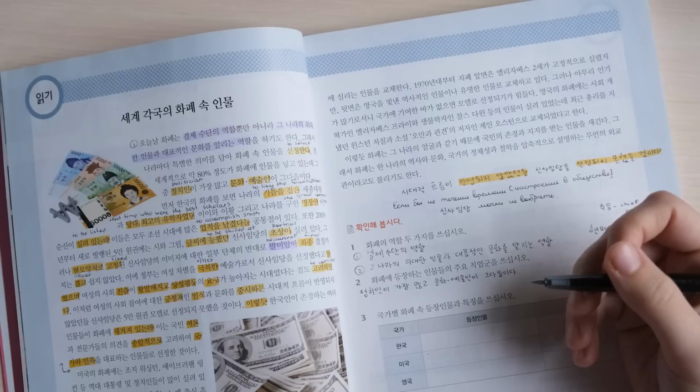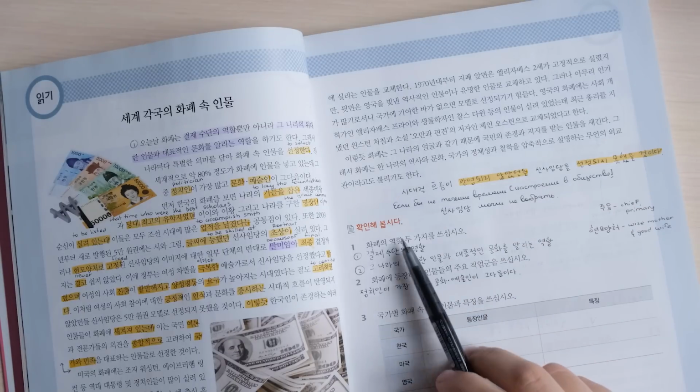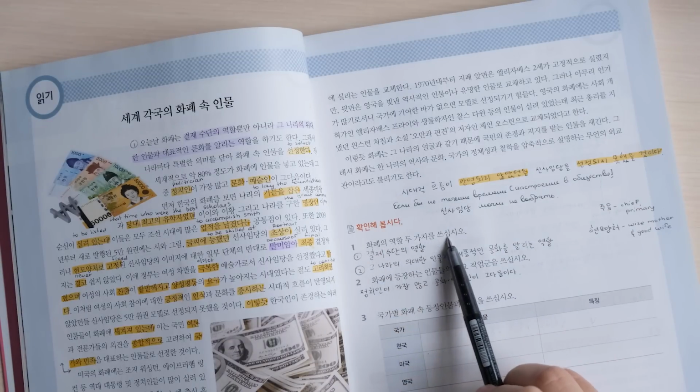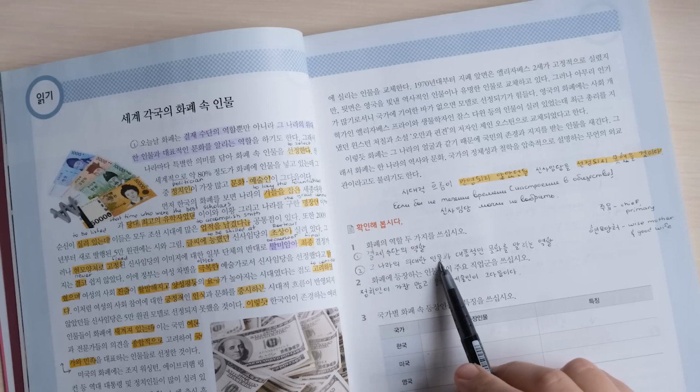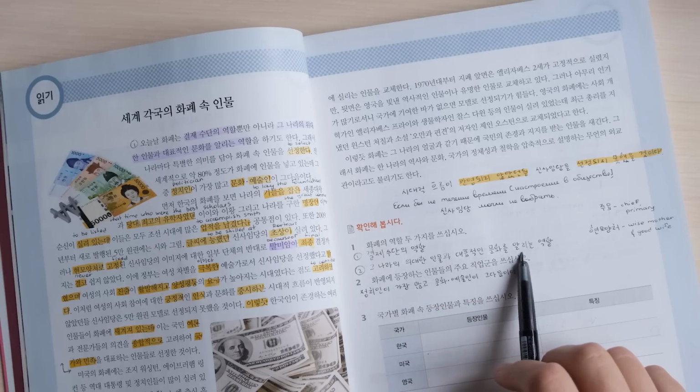Another thing that I try to do is I try to define what exactly it is that I want from a certain language. And I don't really know if it's obvious to you guys. It hasn't always been obvious to me that I don't really have to take all of my languages and all of the skills in those languages to an advanced level. Korean, for example, I've been learning it on and off since, I want to say, 2012, but it was only a couple of years ago that I finally realized that I don't have to be fluent at speaking Korean,